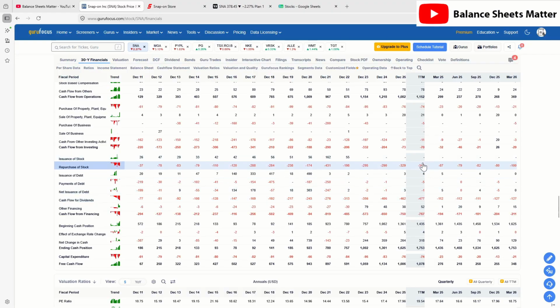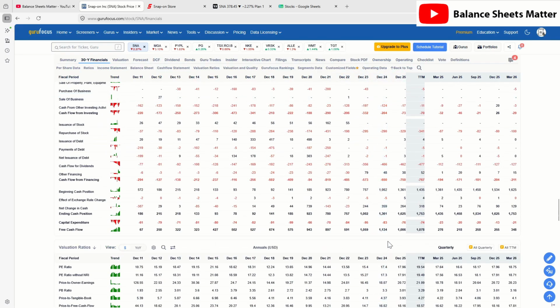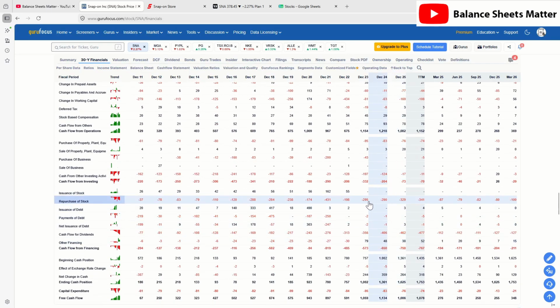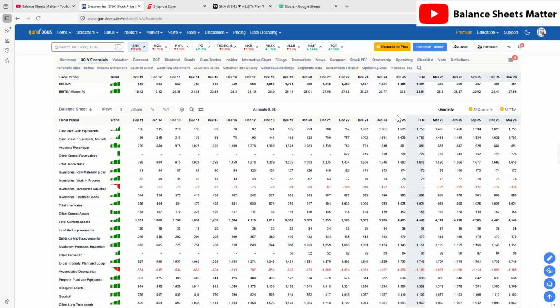So that leads to just a little bit over $800 million, which actually is less than the free cash flow. And you can see in the last few years, the free cash flow, for example, has been over $1 billion, which is kind of in line with the net income from operations there. And if we compare that to the amount they've done with their cash flow from dividends and the repurchase of stock, it's considerably less. So this is one of the reasons why they have been building up this cash pile on their balance sheet here, because although money is coming in, they're keeping some of those profits within the company,